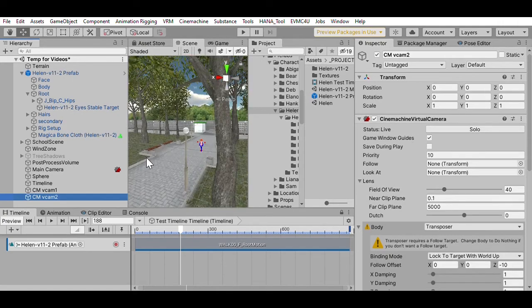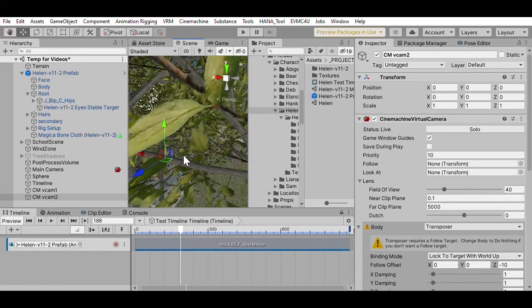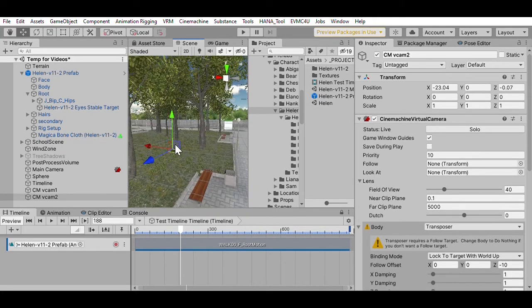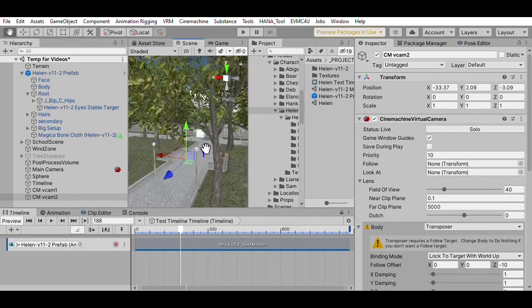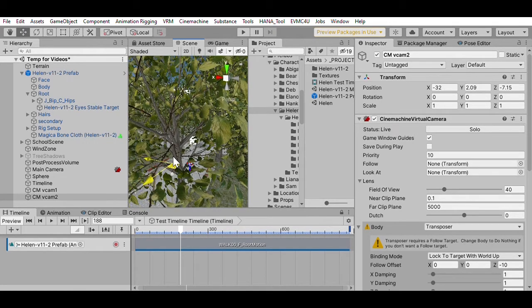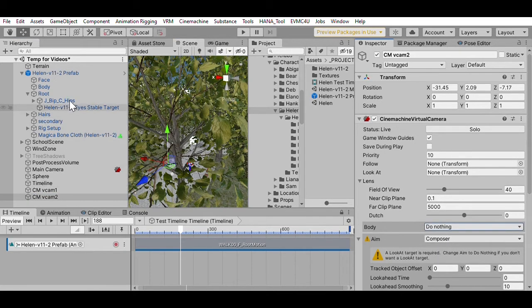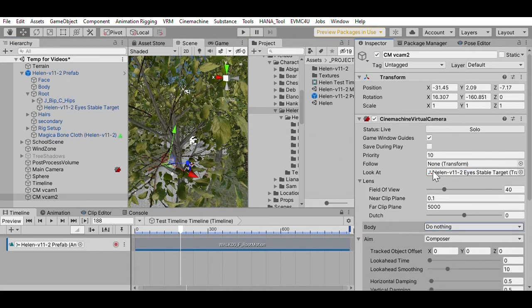So here, I'm going to drag it over. It's probably a more efficient way, but I'm just doing this quickly. So I'm going to put it up a little bit too far forward, but I'm going to put it up. Now, for the second one, I'm going to make it not move at all, but I'm going to have it look at her in the face as well. So it's a look at target, but this one's not going to be moving. So if we have a look at camera 2,